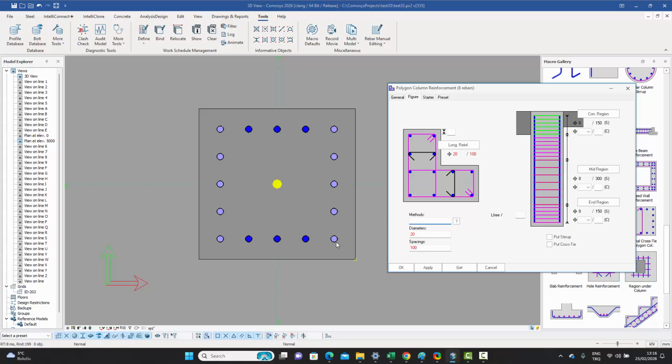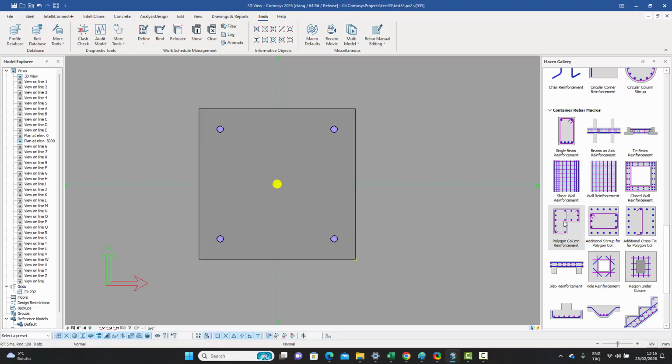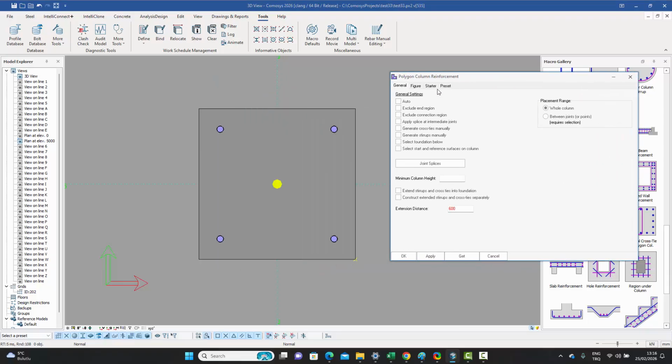I want to put the corner, only the corner ones. So I increase the spacing to 400 like this. I want only the 4 corner ones. And now I want the middle ones, but with a different diameter. So what I'll do is I'll apply it like this. I'll apply OK. And then I'll go to my column macro again, press the Shift key, the new setting, go